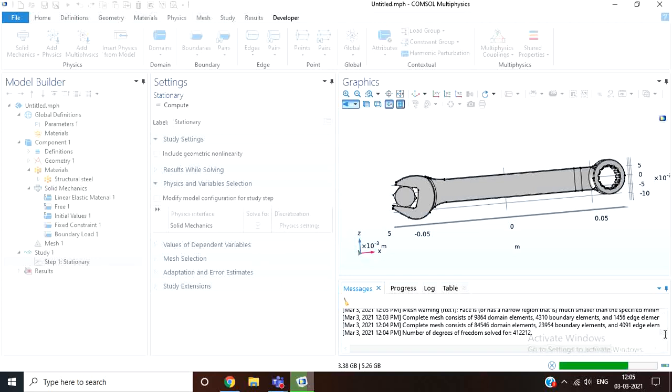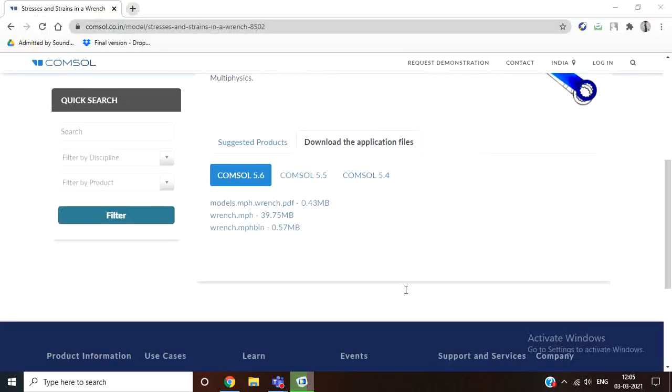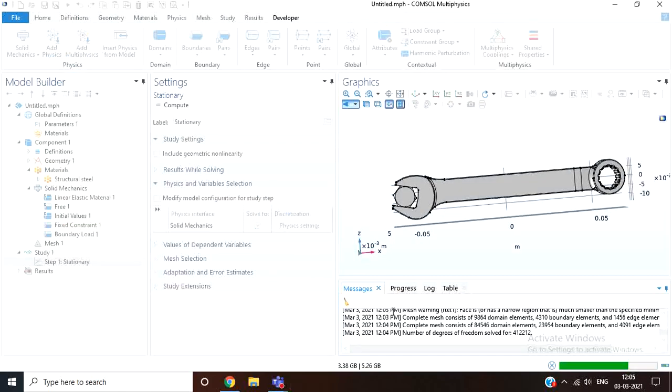All the messages will be displayed here. Once COMSOL runs this, we'll see the different results such as the stress results and the displacement results.